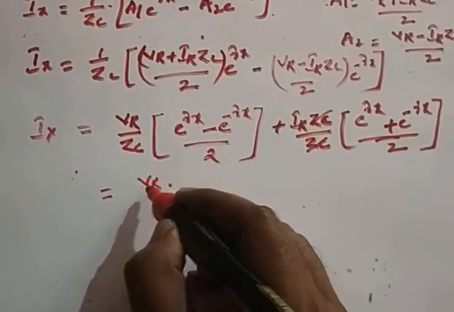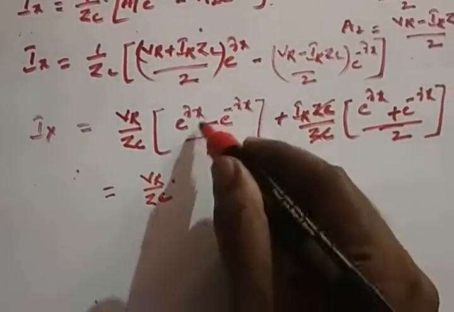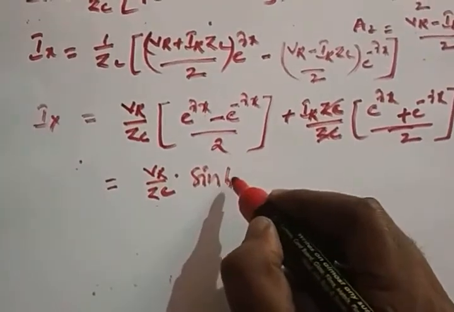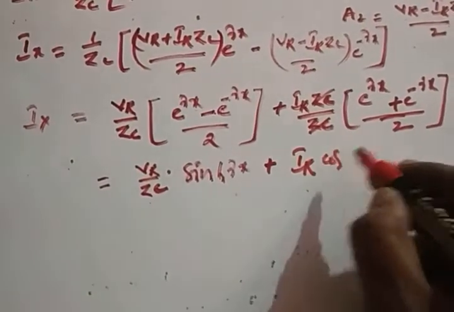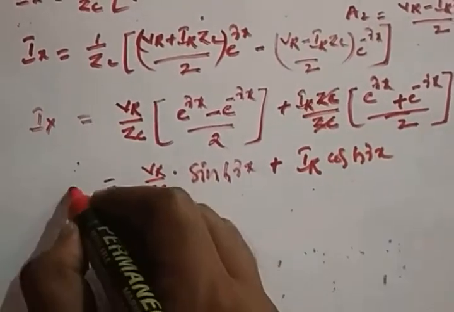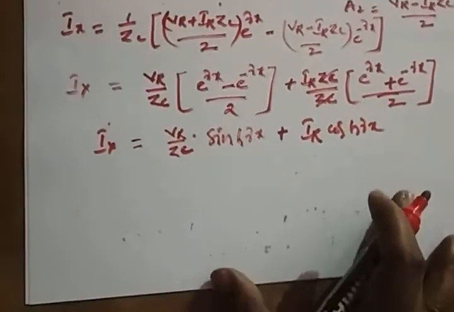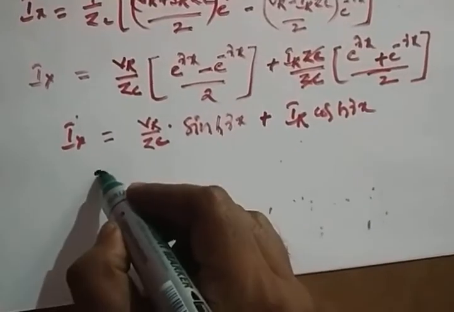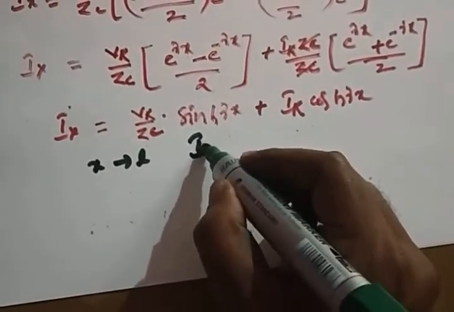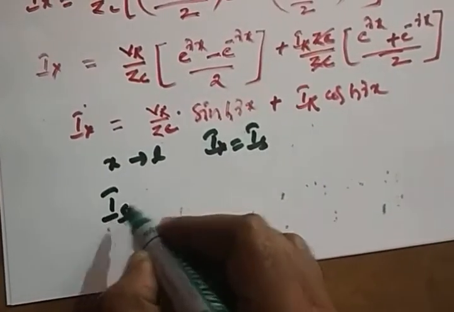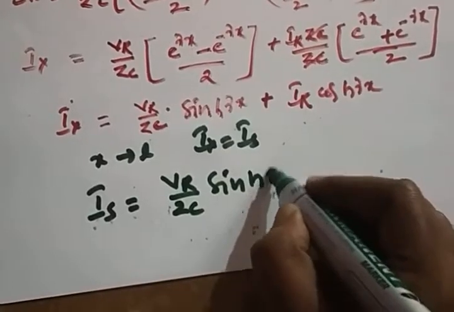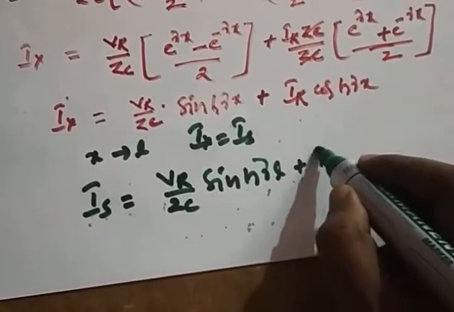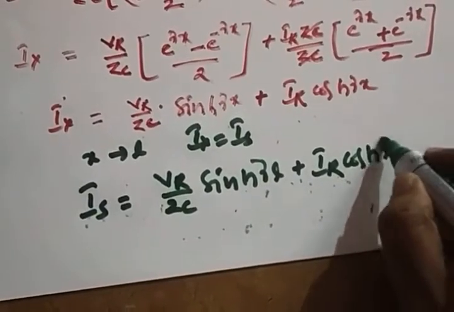Now what is this? VR by ZC, right? So you can call it sinh gamma x, and this we can call IR cosh gamma x, that is Ix. Now substitute x tends to L, then Ix is equal to Is. Then Is is equal to VR by ZC sinh gamma L plus IR cosh gamma L,